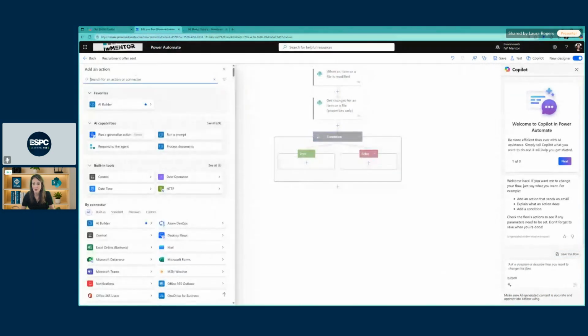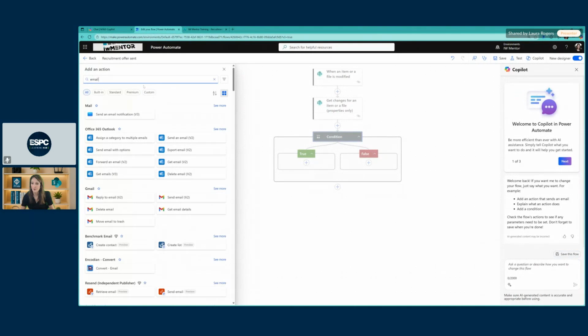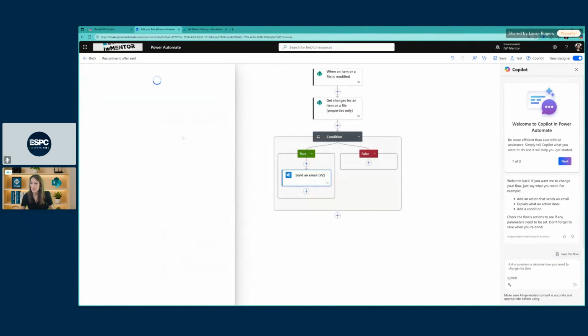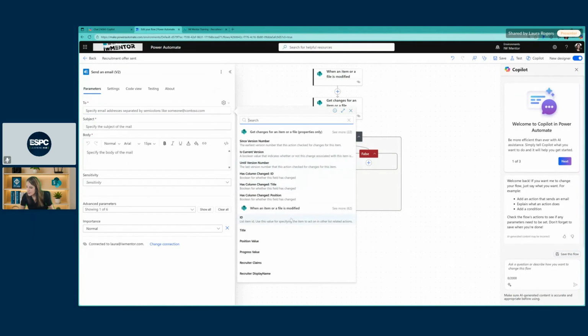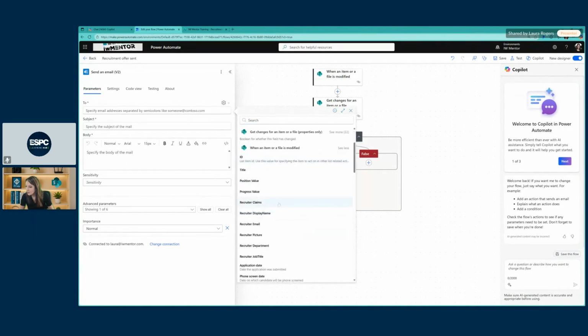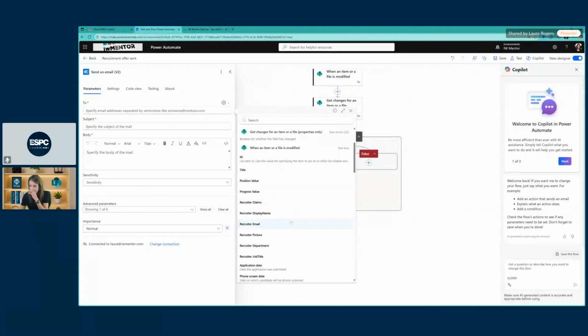So I can do, like, I'll just do send an email, something pretty simple. Send an email, and I can send an email to that person. Let's see. The recruiter, yeah, I'll just send it to the recruiter email.